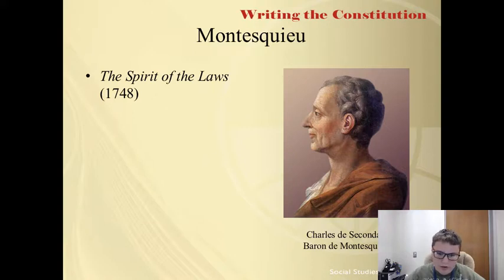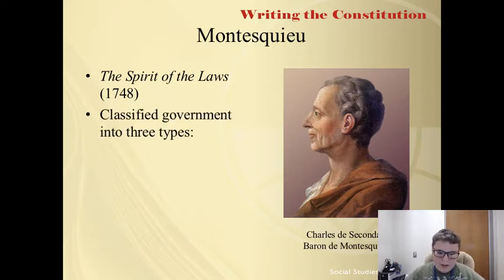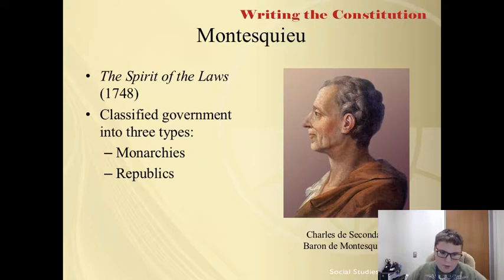Monarchies, led by a hereditary line of rulers, are driven by a love of honor, for example rank and prestige. Republics, in which elected officials rule, run according to the love of virtue, for example the willingness to put the people before private interest. And despotism, in which a ruler relies on the people's fear of his power.